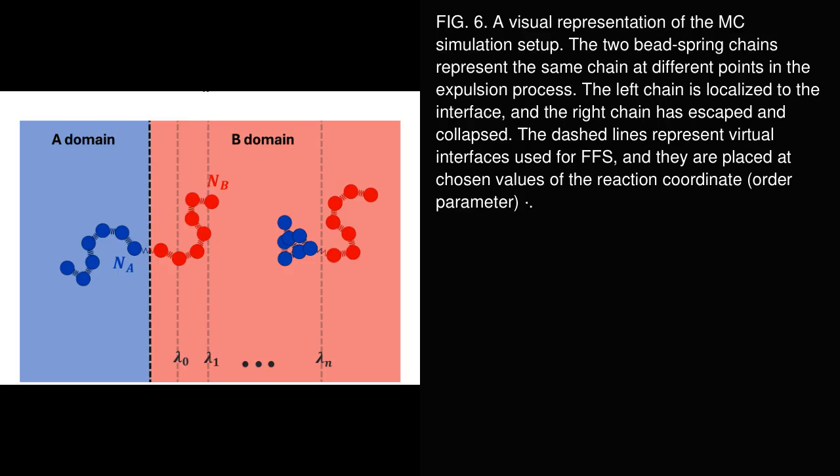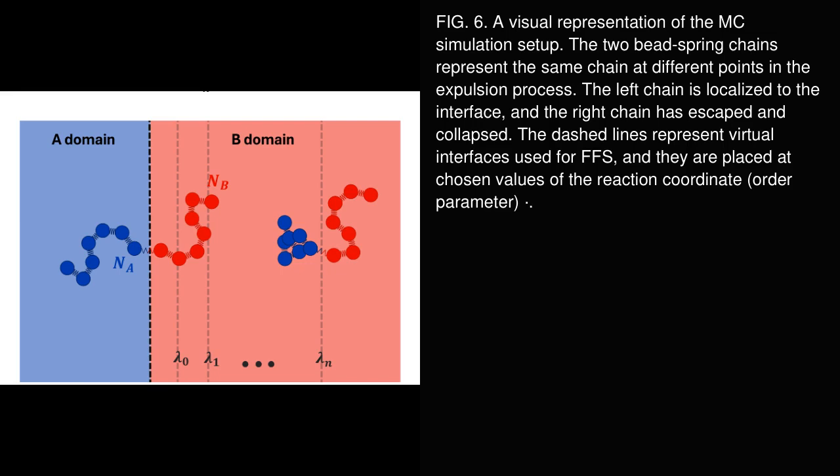Figure 6 depicts the Monte Carlo simulation setup used to study chain expulsion dynamics. The two bead-spring chain models represent the same polymer chain at different stages. The left chain is localized at the interface between micelle core and corona, while the right chain has fully escaped and collapsed in solution. Dashed lines indicate virtual interfaces in the simulation that define reaction coordinate thresholds for forward flux sampling. These interfaces are strategically placed to quantify transition probabilities and free energy changes during the escape process. This setup enables investigation of chain escape kinetics and barrier heights under controlled order parameter progressions, bridging structural insights with